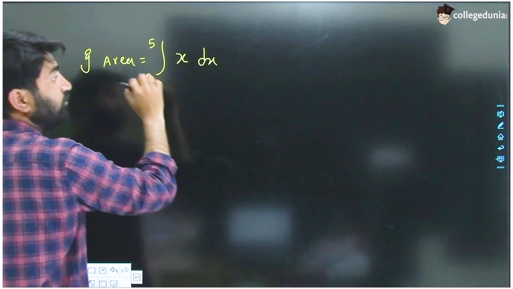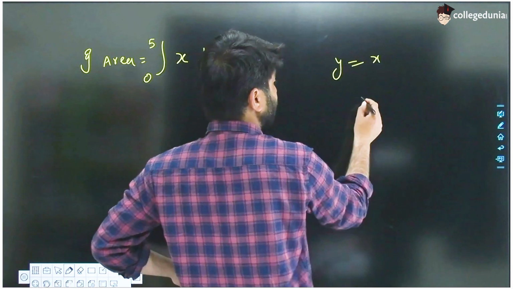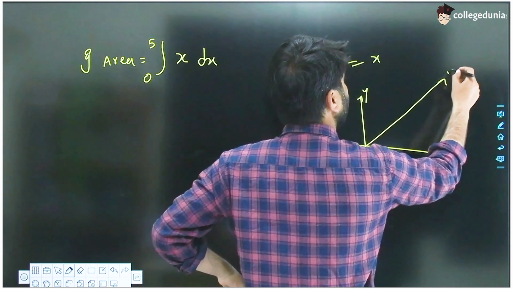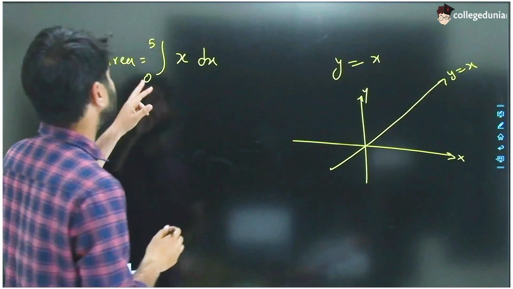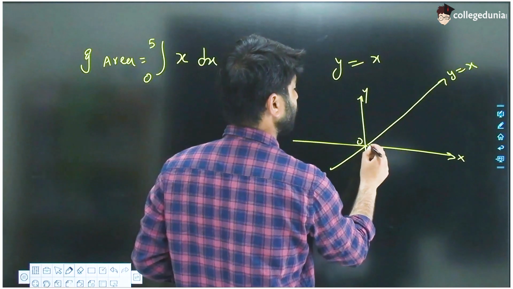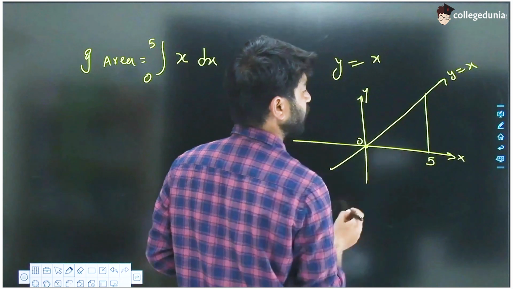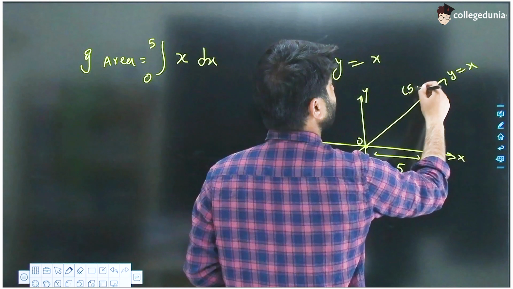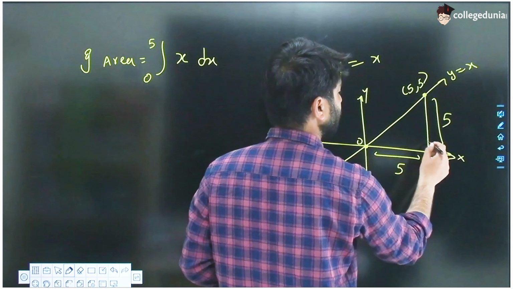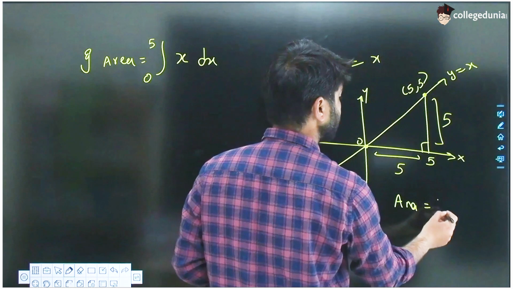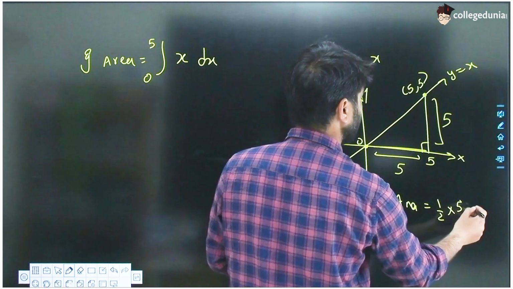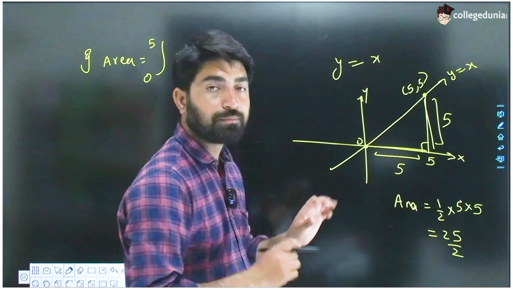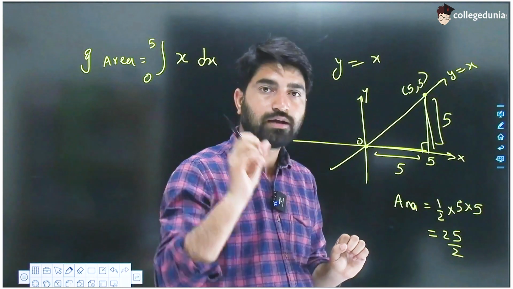देखो, y जो है वो x के इक्वल है। This is a straight line, ये straight line को रिप्रेजेंट कर रहा है। y इक्वल टू x और लिमिट है 0 से 5, ओके। सो ये डिस्टेंस 5 है और ये y इक्वल टू x है, तो ये 5,5 है ना, तो ये डिस्टेंस भी 5 होगी। सो अगर मैं बोलूं कि एरिया क्या होगा, सो एरिया होता है हाफ इंटू बेस इंटू हाइट। सो आंसर शुड बी 25/2।